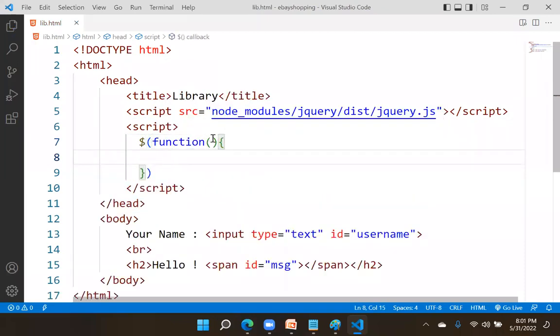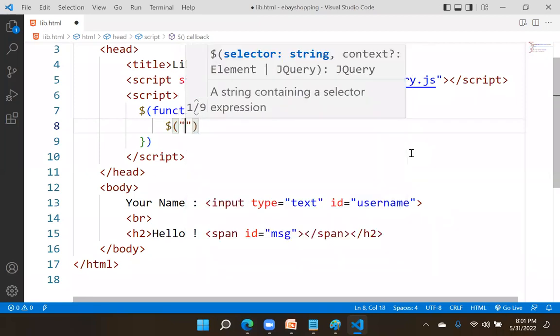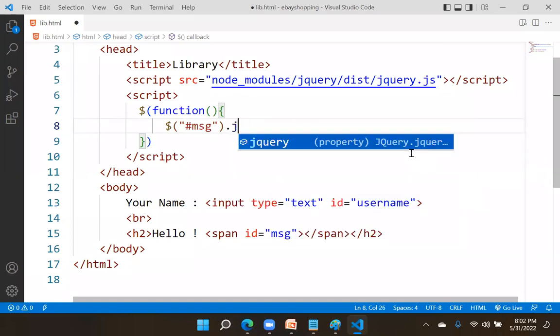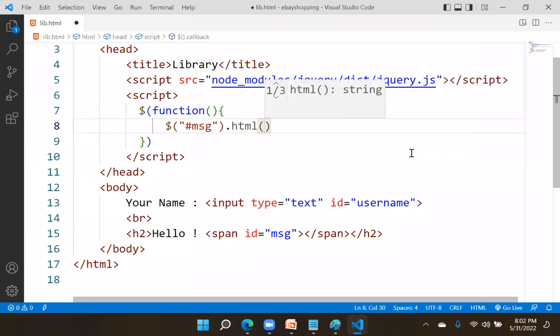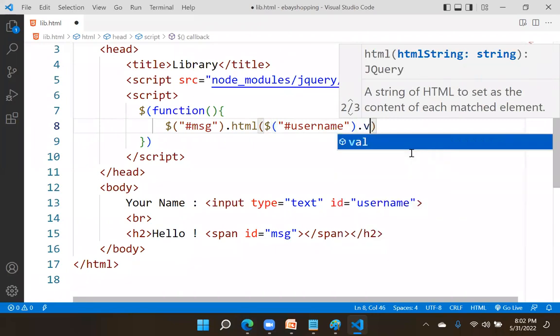Just observe, I am writing a small logic. Access #msg and use .html to display whatever value is entered in the username text box.